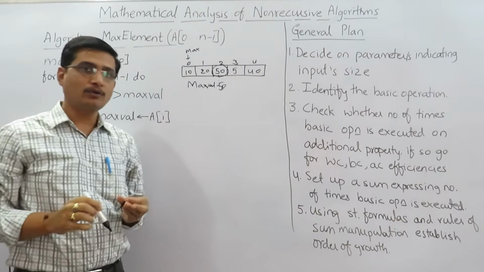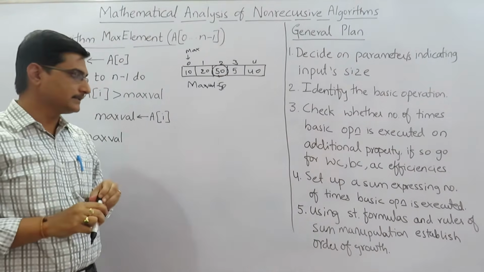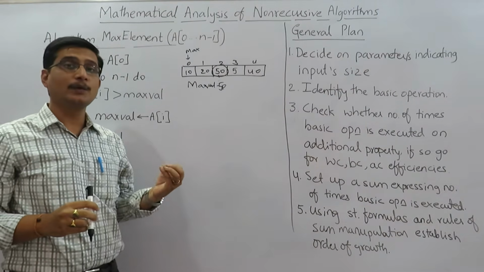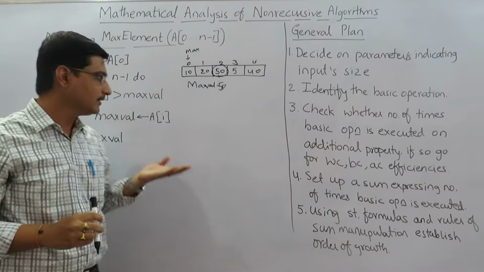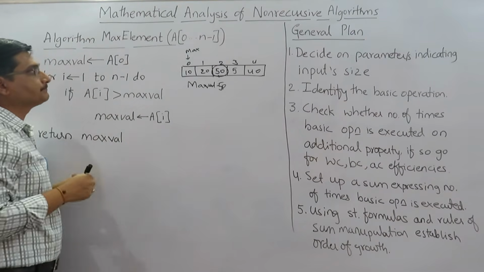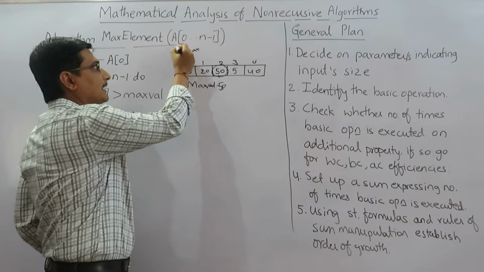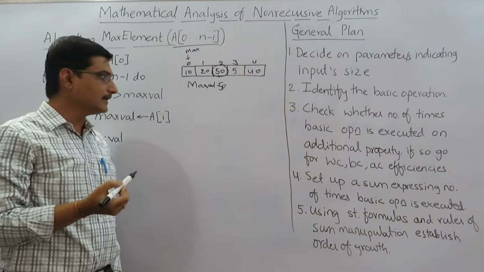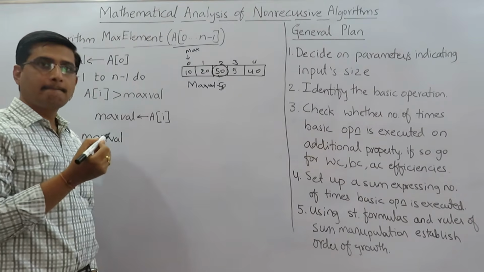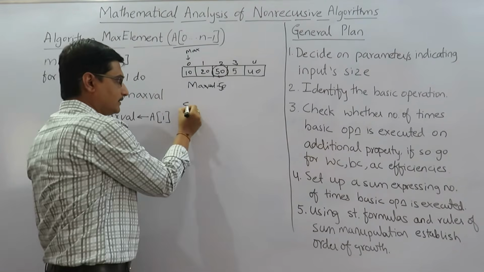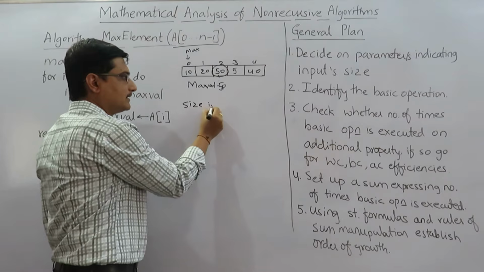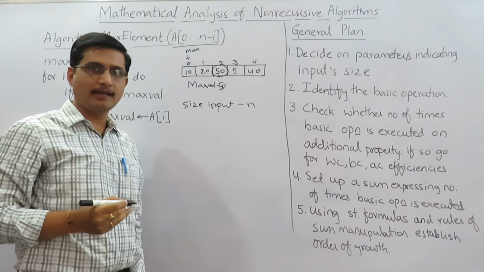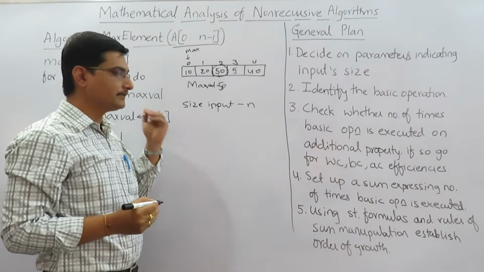So if we want to analyze how efficient this algorithm is, in the previous framework we had considered that we need to consider the size of the input. By default here the input we have given is an array. So the number of elements in the array or the list itself is the size of the input. So the first point is we need to consider the size of the input. Here n indicates the number of elements, the size of the array.